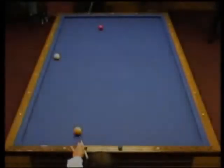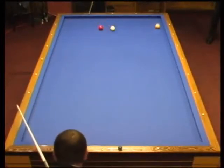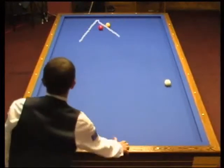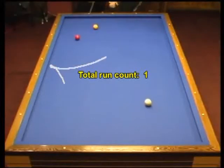Shot. He may even cut it a little bit this way to make it less ball that he's hitting, so there's less of an exaggerated curve after the first cushion. Yeah, he even cut it. See where the white ball went around? Yeah, that's the thing, he wanted to hit less ball, so there wasn't this big hook after